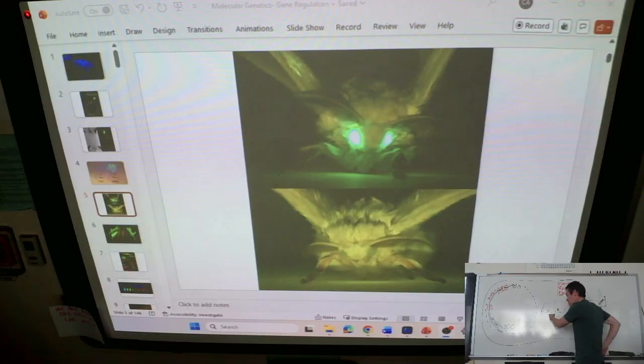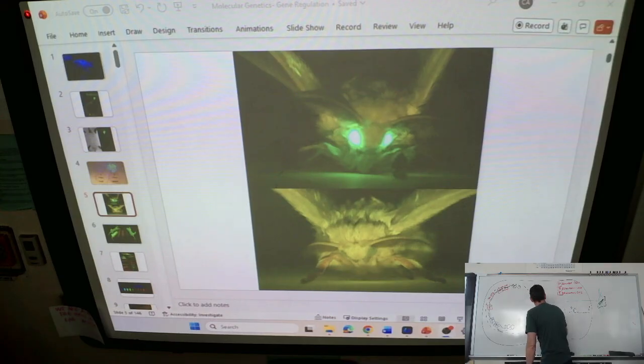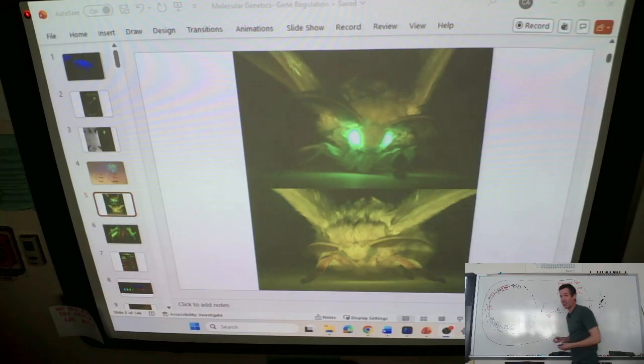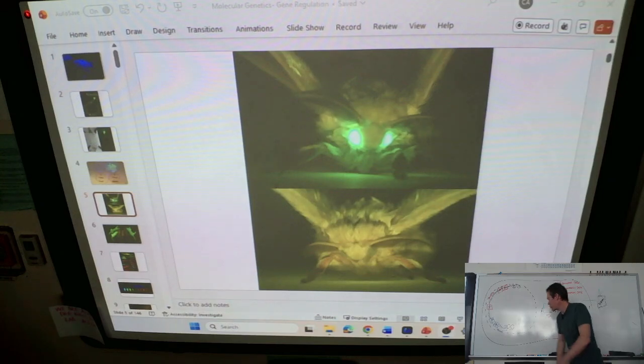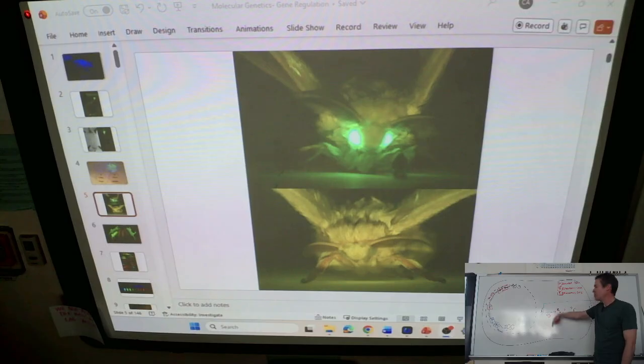So it's like, okay, well, this is not a question anymore. We've narrowed it down. It has something to do with eye development. We don't know exactly what, but it doesn't seem to be related to his wings. His legs look normal. All these other internal organs are fine. So that gene is now something to do with eye development.